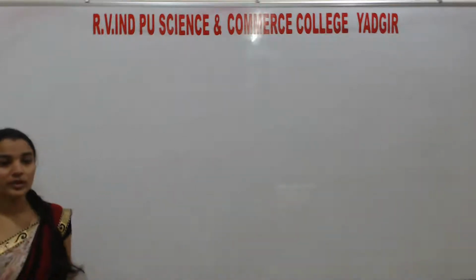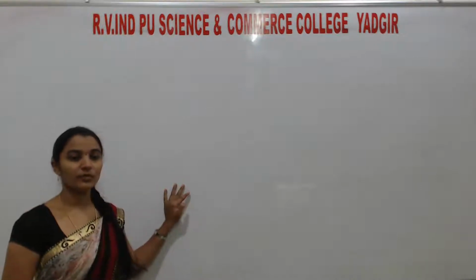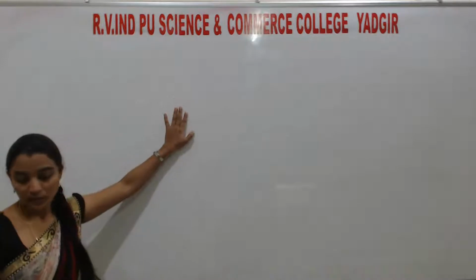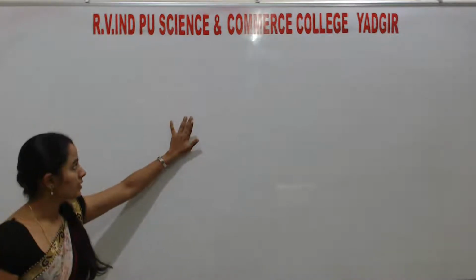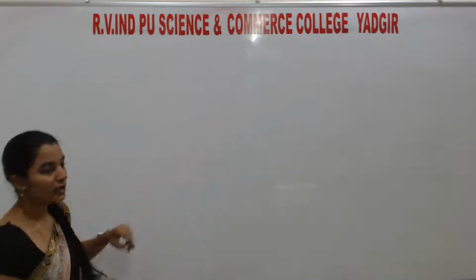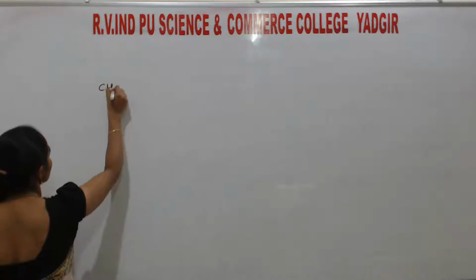Good morning, students. In the last class, we discussed the nomenclature of compounds with functional groups. Today we are going to continue with the same. In the last class, we discussed up to CHO and C double bond O. Today we are going to another one, that is CH3,